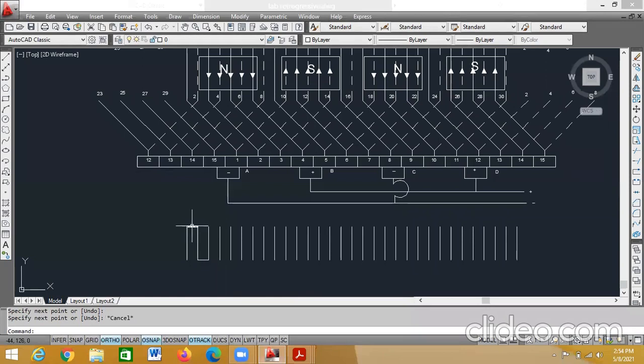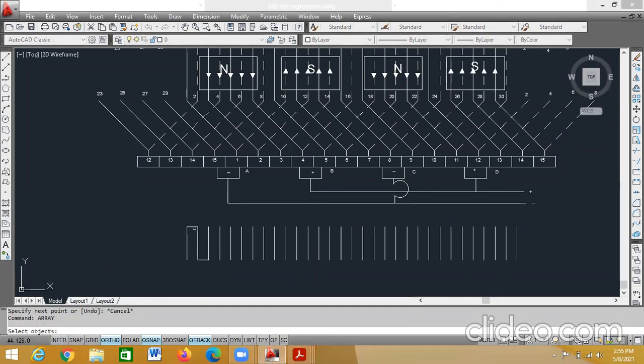Top connections: 1, 2, 3, up to 15. Similarly, this also 15. So what is the distance here? 2. Spacing is 2. After 2 mm, the next connection should come. So again, I'll go for an array.